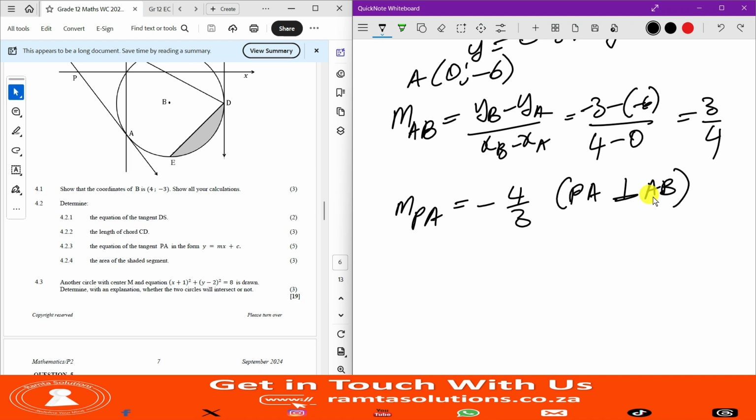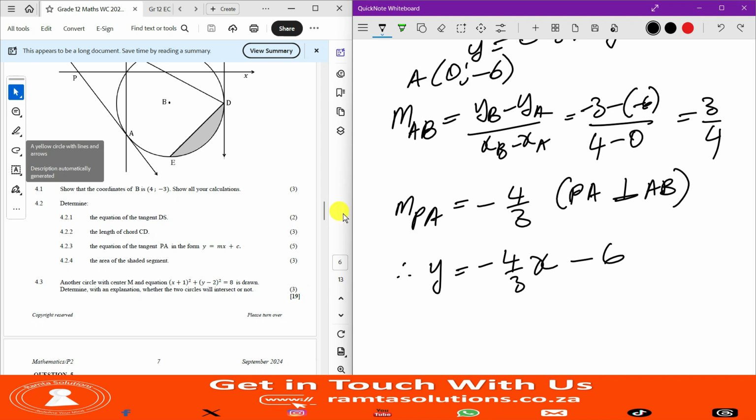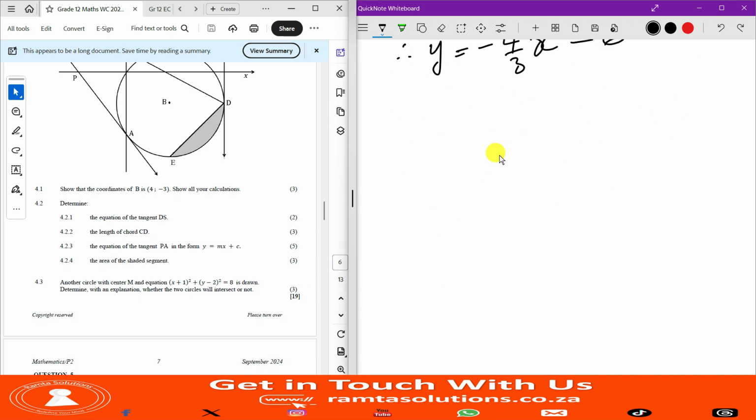We are not done. So we already know the gradient, and of course we know the y-intercept. Therefore, y equals minus 4 over 3 x minus 6. Minus 6 because we said A is the y-intercept, and we found it to be minus 6. Okay, perfect. Now proceeding,